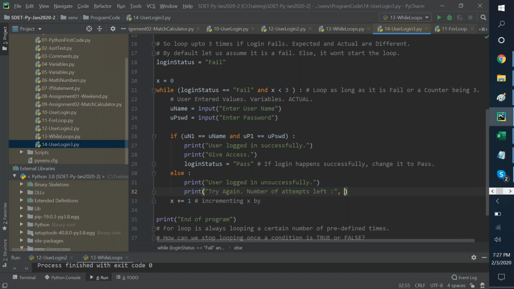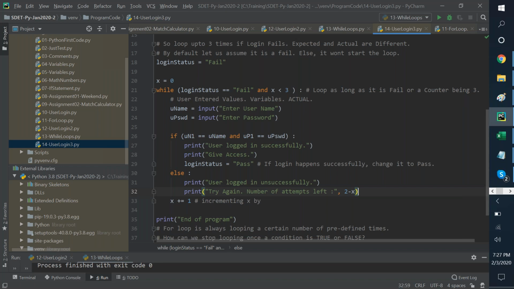First time it will say 0. So I'll say 2 minus 0, 2 minus 1, 2 minus 2. So that will be 2 minus x. Because then 2 minus 0 will be 2 attempts left, then 1 attempt left, and then 0 attempts left.